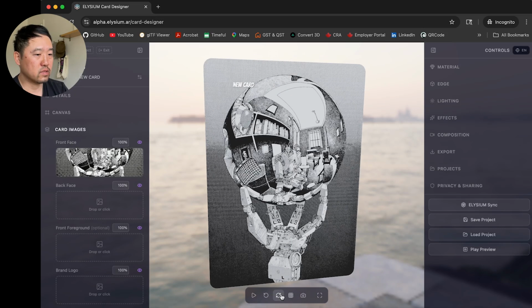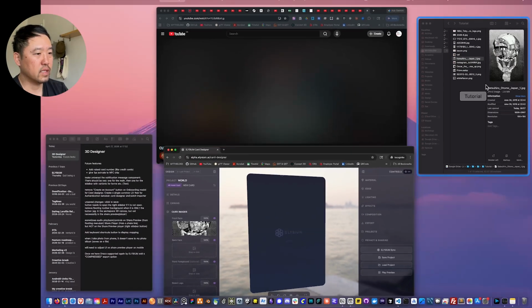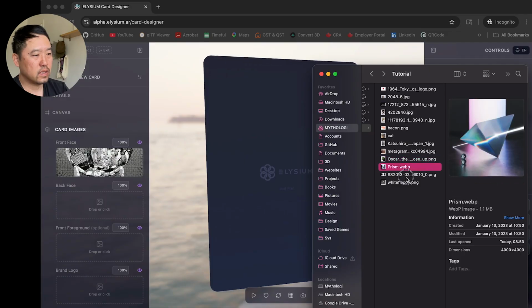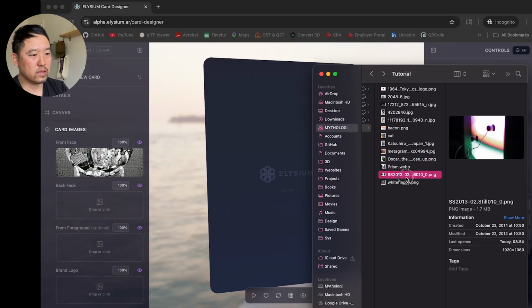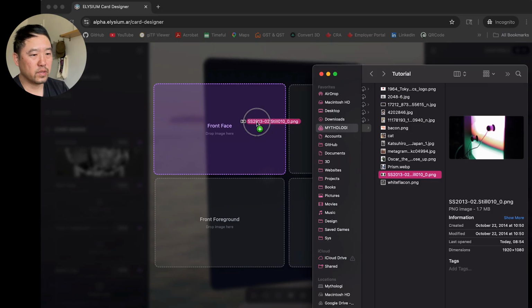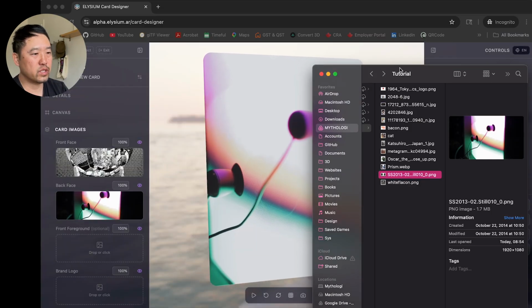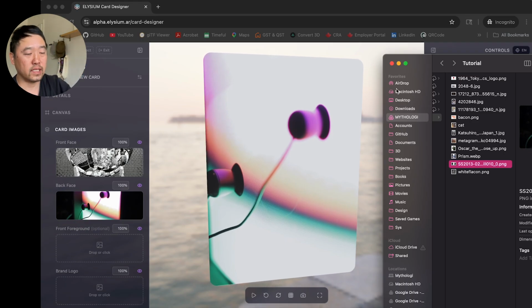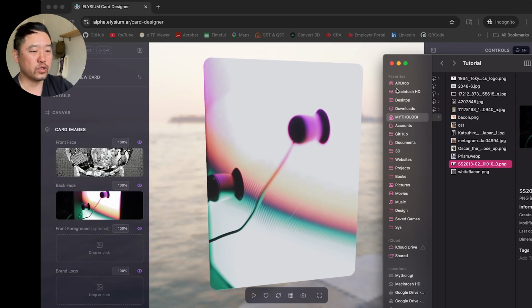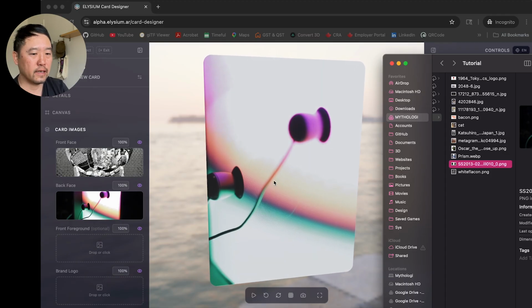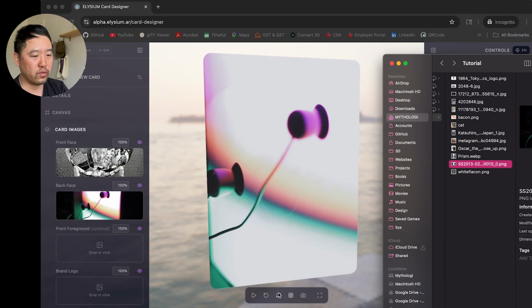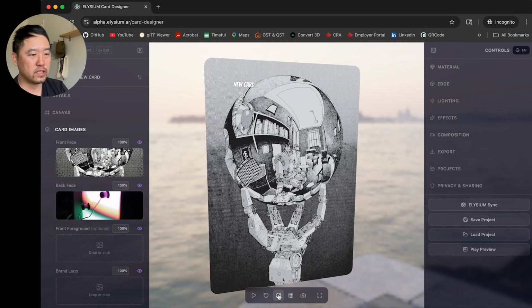The back face is still empty, so what we're going to do is we're going to put something on that now. So you just go and pick a different image. Let's pick this one, for example. So this is an interesting example because this image isn't in the portrait setting. It's a landscape. So the system will match it to that orientation, and it will just scale it such that it covers the entire back face of the card. So now we have a card that has images on the front and the back.